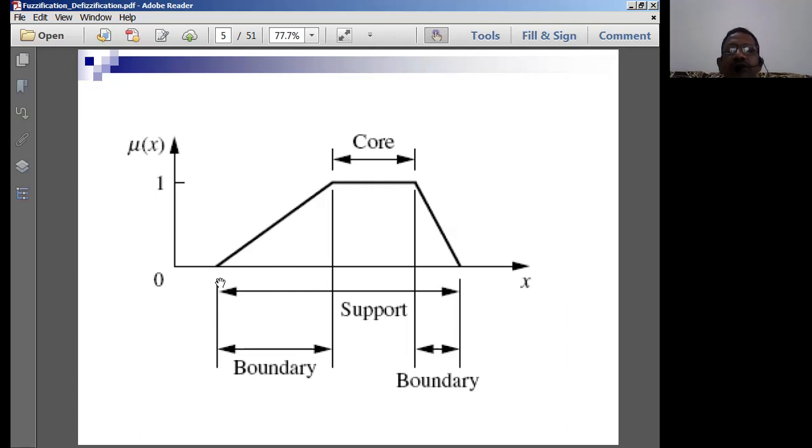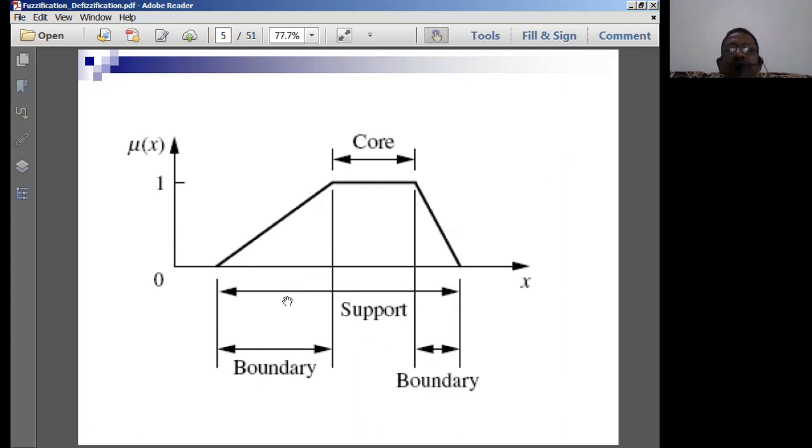And some other values which are going to lie between 0 and 1, the entire boundary is called a support here. This entire thing is going to be a support. And the boundary is going to lie between 0 and 1. See here, this is the 0 and 1 boundary. This is the 1 and 0 boundary. So in these boundaries, if at all a value exists, we simply call it a boundary feature.